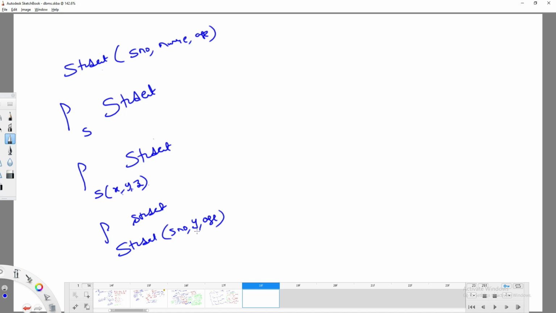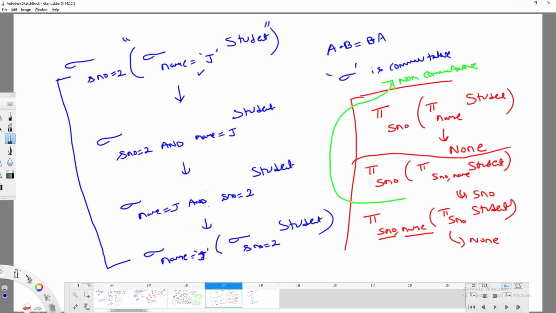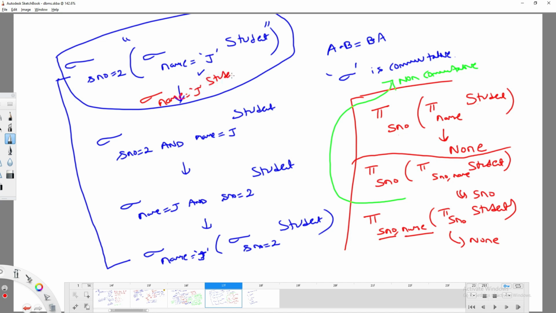Okay. Earlier we have seen one example, right? Try to observe. I will try to rewrite it in another manner. First, I will do select of name equal to j from student table. And for this, temporarily, I am giving a name as T1.